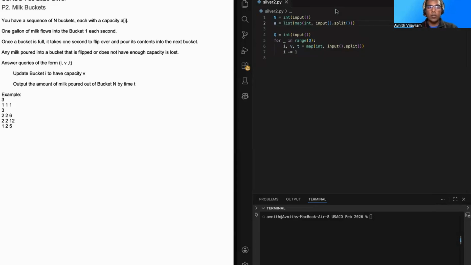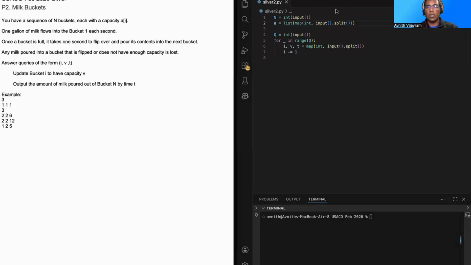Hello, everyone. Today we'll be discussing the solution to problem 2 of the USACO February 2026 Silver Contest. In this problem, you have a sequence of n buckets, and each bucket has a given capacity. And 1 gallon of milk will flow into the first bucket each second. And once a bucket is full, it'll take 1 second to flip over and pour all of its contents in the next bucket. Any milk that's poured into a bucket that's currently flipped over or does not have enough capacity